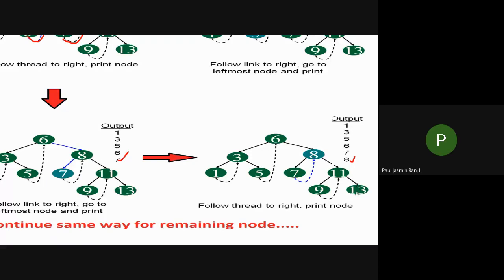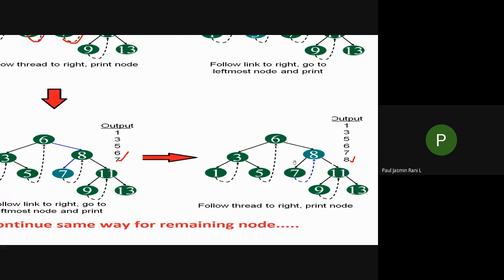So this is how I am going to perform a traversal. See here, first I traverse this side. Then I entered the 3. Then from this 3, I entered the 5. It goes on like this. I'm not doing the backtracking. Whether there is an element on that side, all the elements are printed. That is, I'm not doing the recursion process. I am traversing like this using the threads.